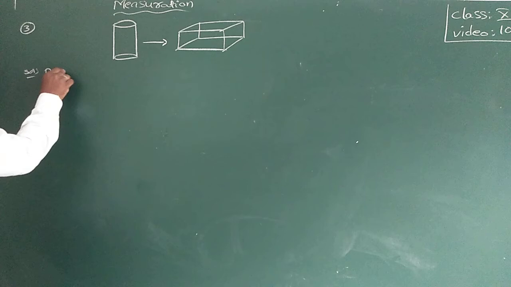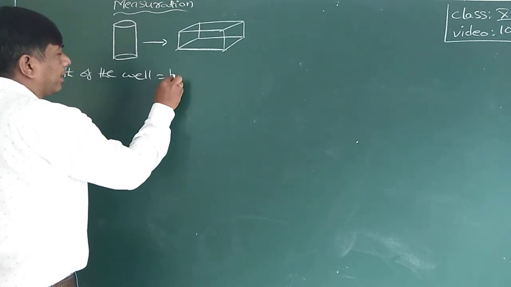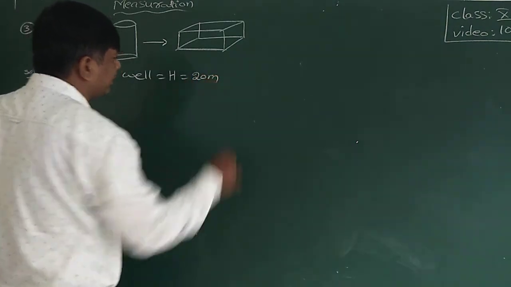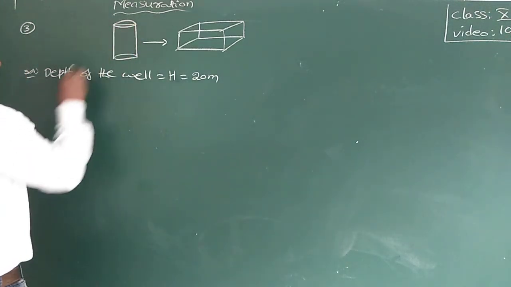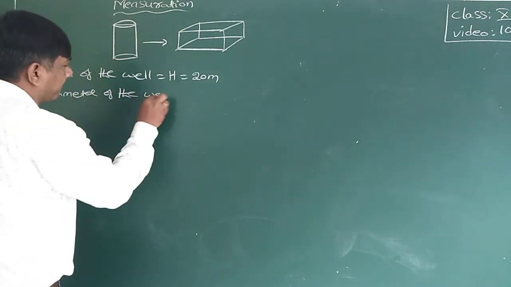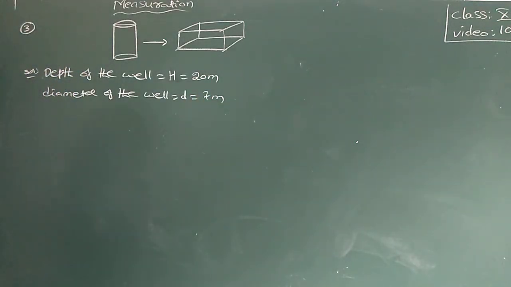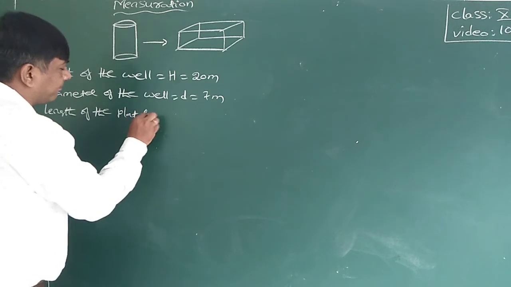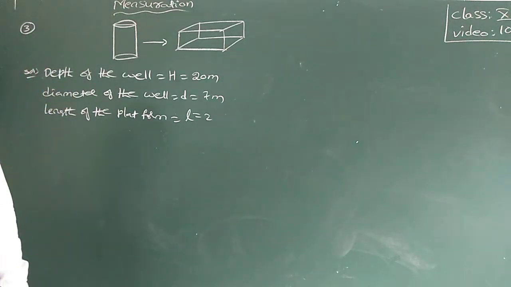Depth of the well is equal to H, capital H, is equal to 20 meters, and diameter of the well, D, is equal to 7 meters, and the length of the platform is L, that is equal to 22 meters